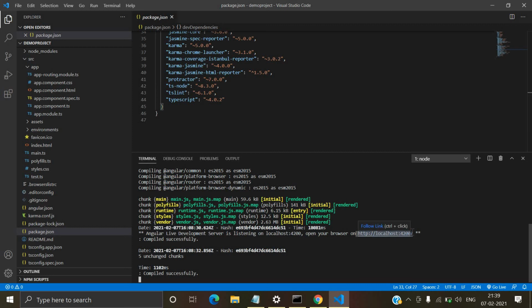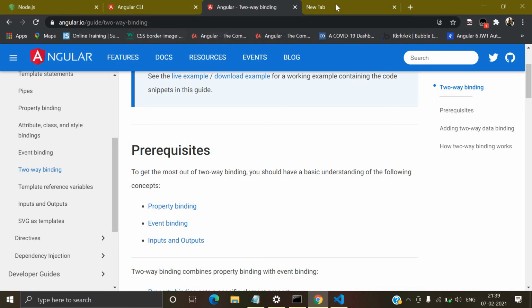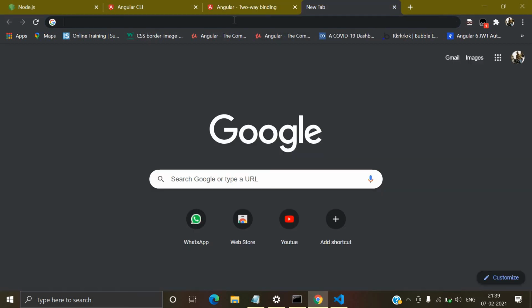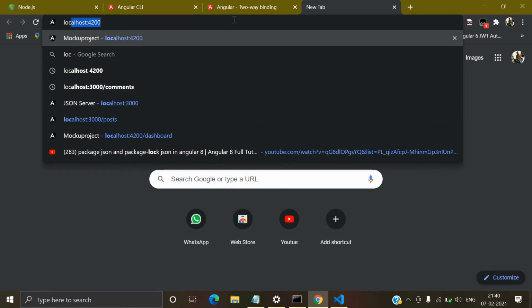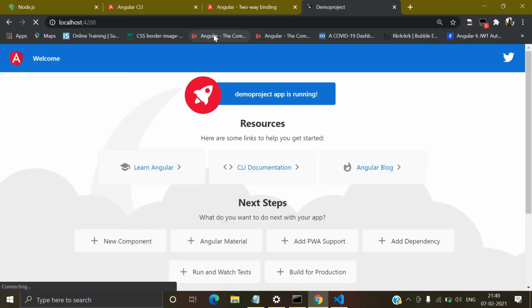This project is initialized on this port, right? So we will go inside Chrome and write here localhost:4200. So here you can see this is a header part.